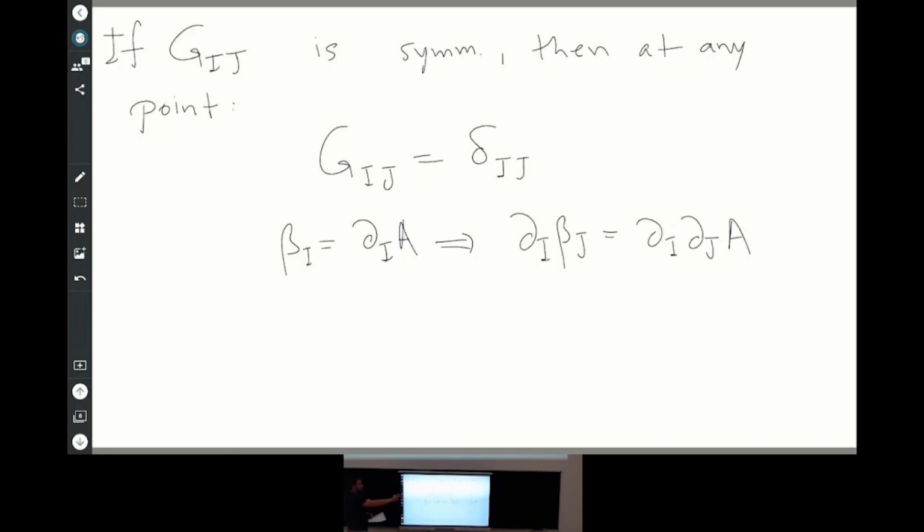So this is the equation. This gradient equation is what we want to analyze. And the beta function is something that's computed. Someone can just compute it in perturbation theory. But this Gij, this metric, and this A is up to me. I'm not trying to compute it. It's just up to me to write one down that works. Okay? So let's start with one loop.